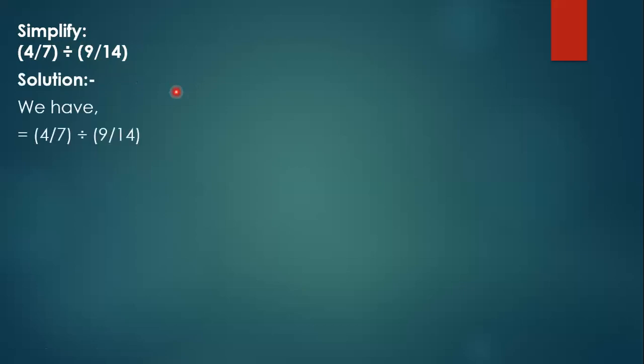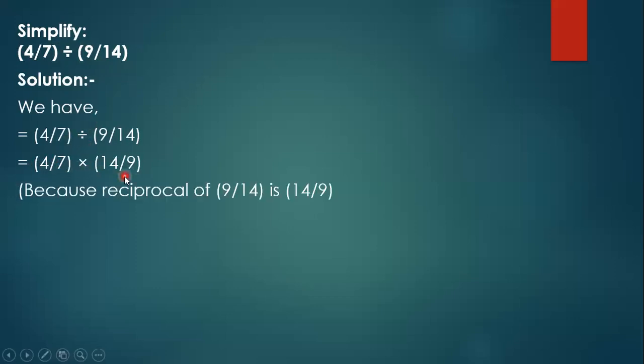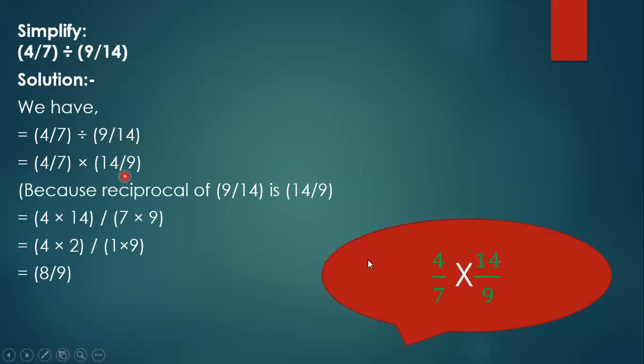So we'll have 4 by 7 divided by 9 by 14 gets converted to 4 by 7 multiplied by 14 by 9. Let's come to the division part. Children, can you see that in 7's table 14 comes 2 times? Okay. And 9 and 4 don't cancel with each other. So it's okay. We'll write 1 time and 2 time. Don't think of cancelling out this 2 with this 4.